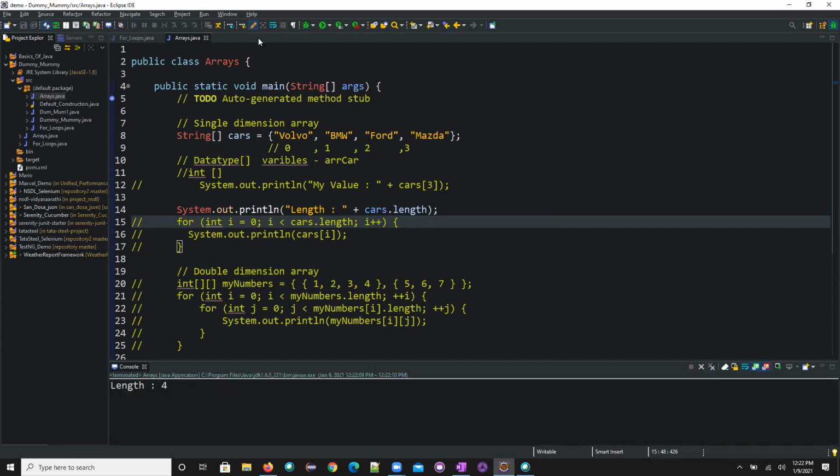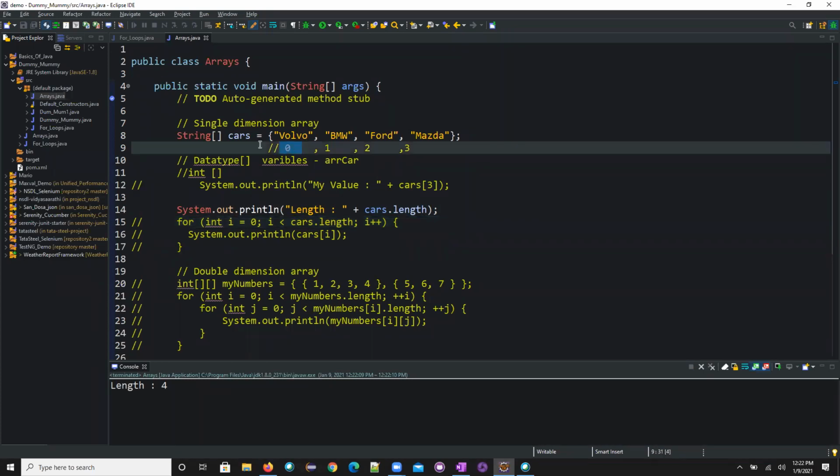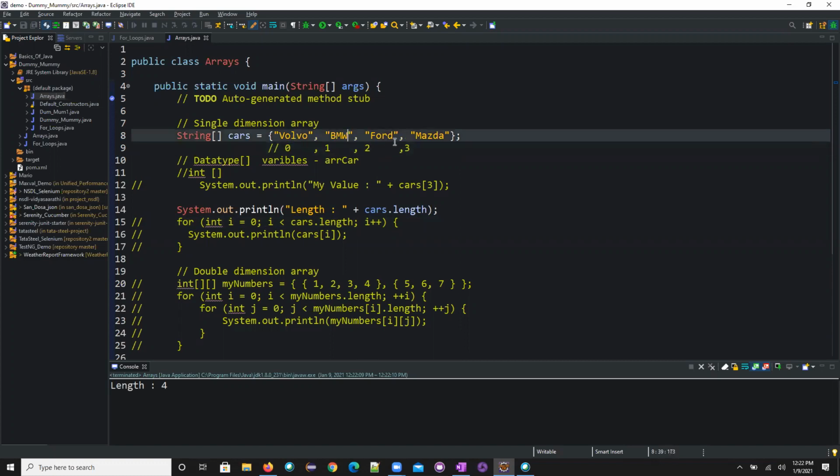The length is 4. See, the length of this one, the index will start from 0, but the length of this one is 4 items, because now you need to run this one 4 times, right? That's the reason. How many elements are there here? Is it 3 elements, Dharini? No, sir, 4 elements. So the length starts with 1, not with 0. Index starts with 0. That is the difference you need to understand.